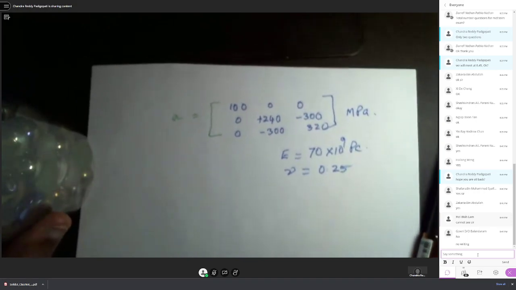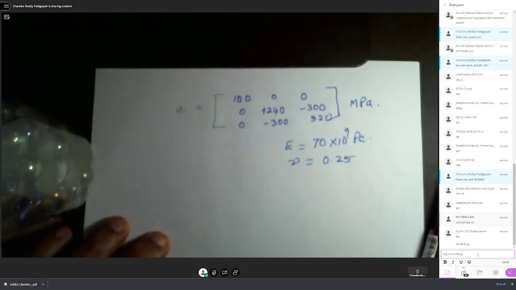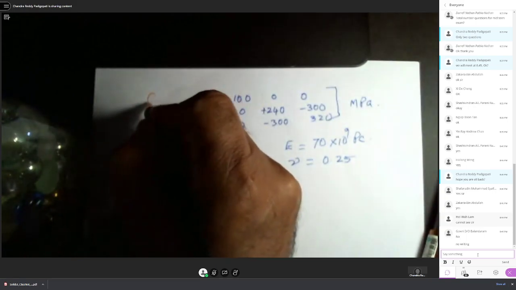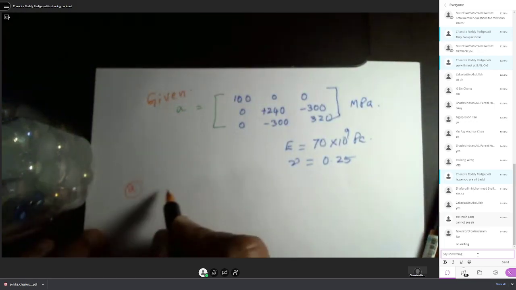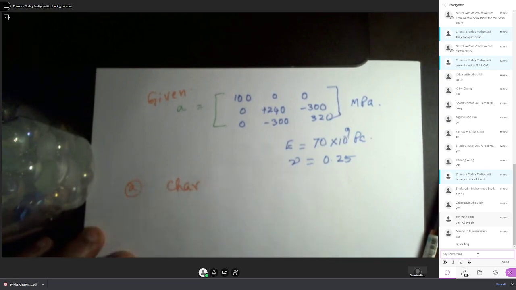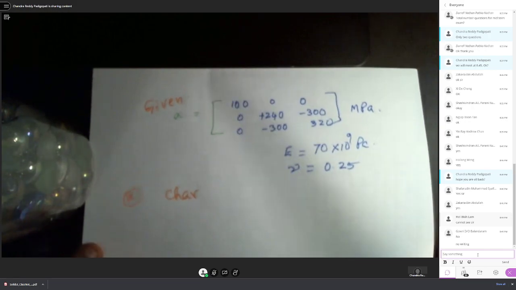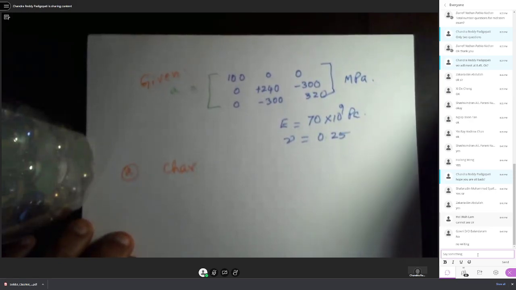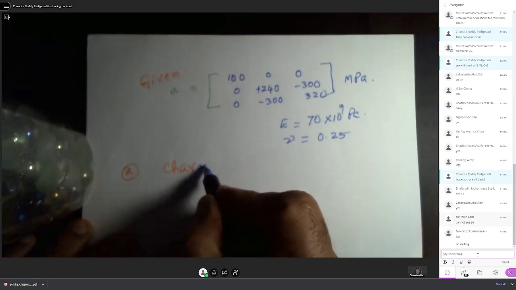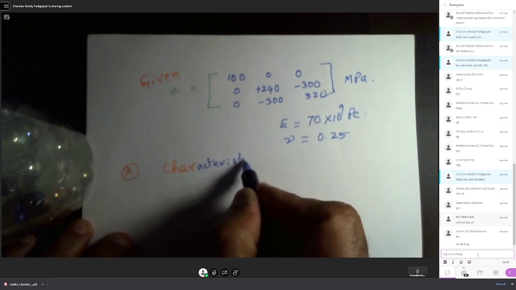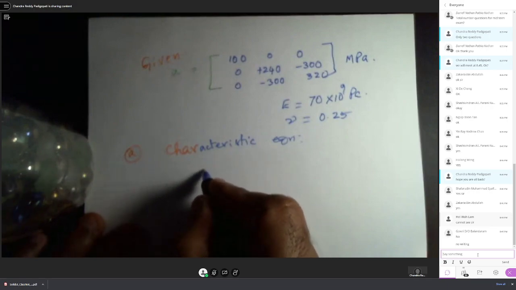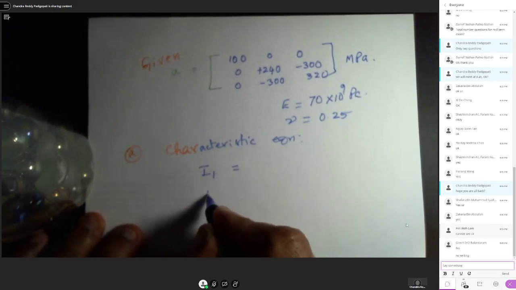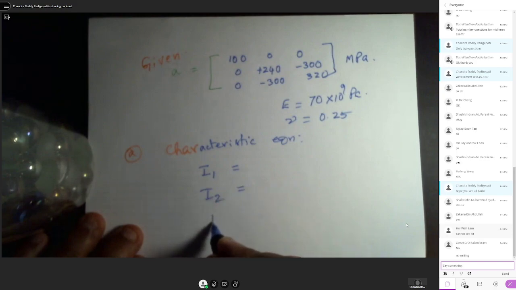All right, so sigma is what is given. Okay, so this is given. So the first part is, what is the characteristic equation? So to calculate the characteristic equation, you need to calculate I1, I2, the second invariant, and the